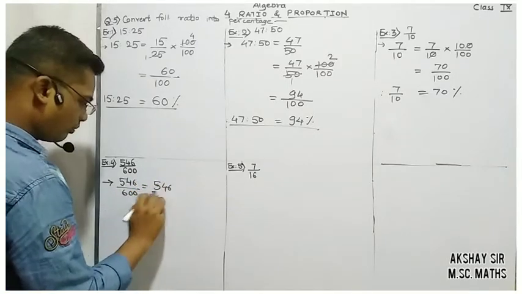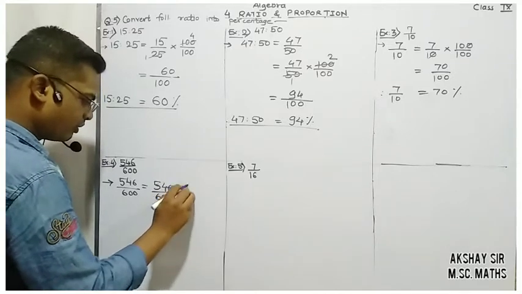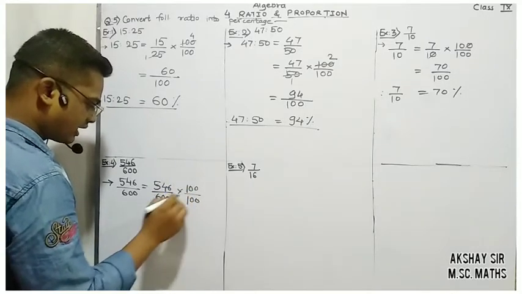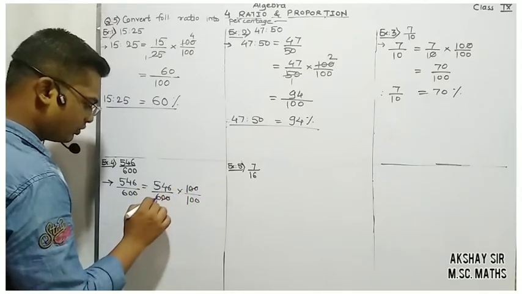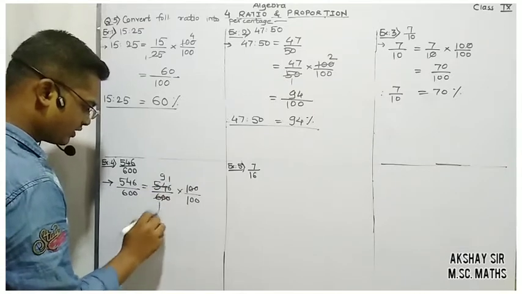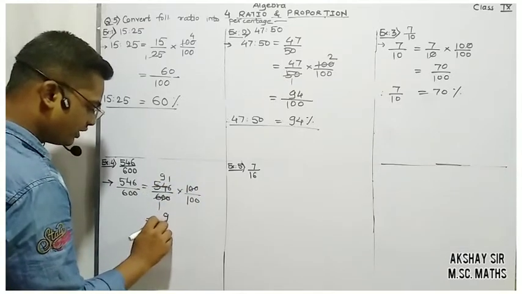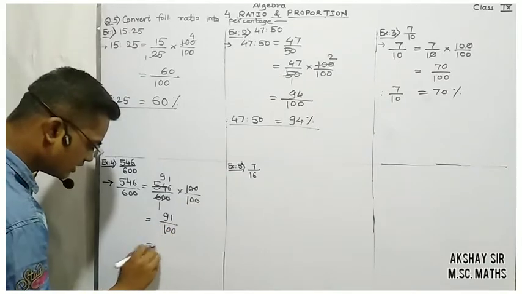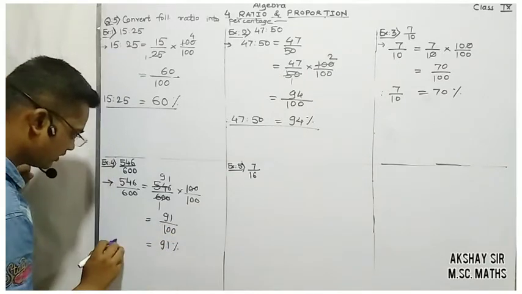546 upon 600. We will multiply and divide this by 100 because we need 100 in the denominator. So let's cancel out these 2 zeros and divide 6 into this one. So 6 1s are 6, 6 9s are 54 and 6 1s are 6. So what is left in the denominator? It is only 91, and in the denominator what is left is 100. So this is 91%. So therefore